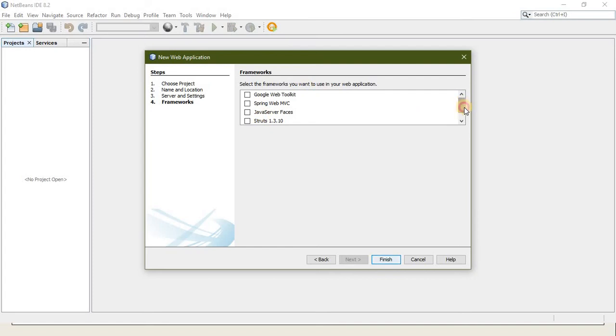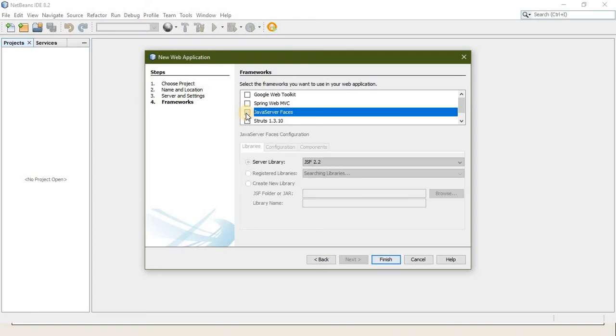And different frameworks are there. Hibernate, Struts, Java Server Faces, all are there. We are going to use Java Server Faces. Click on it, select. It will take a fraction of a second to get the tick mark, and it will be enabled here.